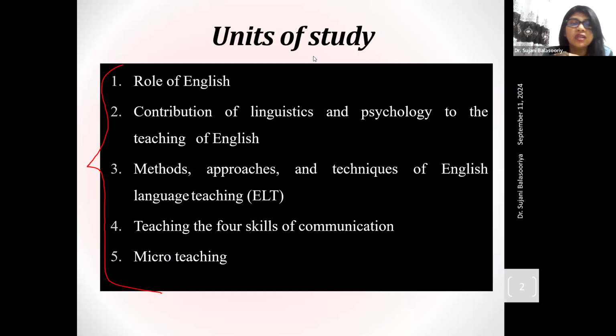Because usually, my method is that I prepare the notes beforehand and I upload them to the groups. Then before the lecture, you have access to the lecture materials and you can go through them. And just reading the notes which I'm sending to you is not enough, as I always tell you. Just reading the lecture materials is not enough. You need to come to the lecture and participate in the discussions and understand the points in the lecture materials. Then it will be all right.